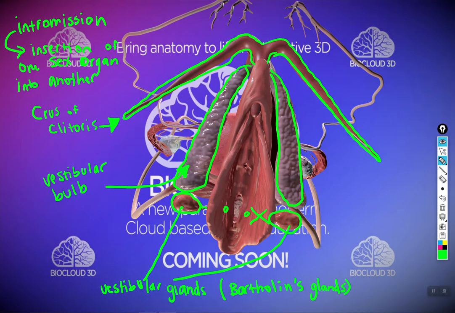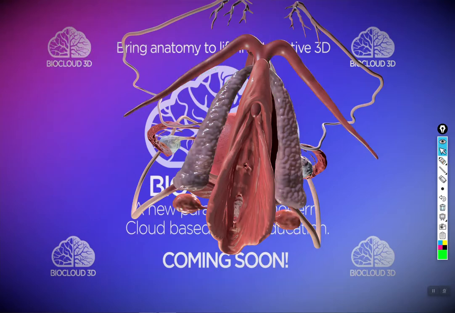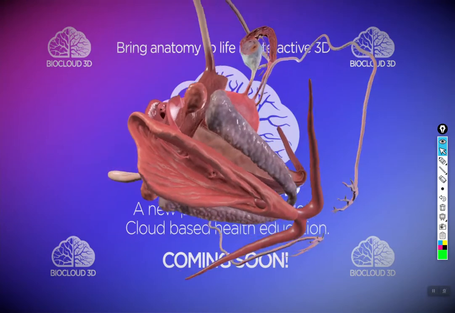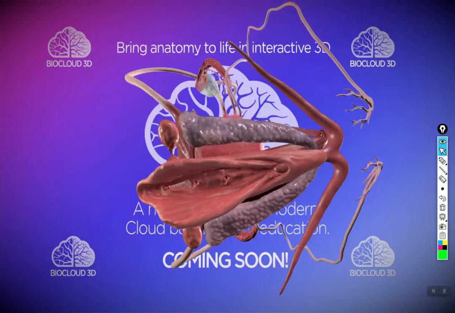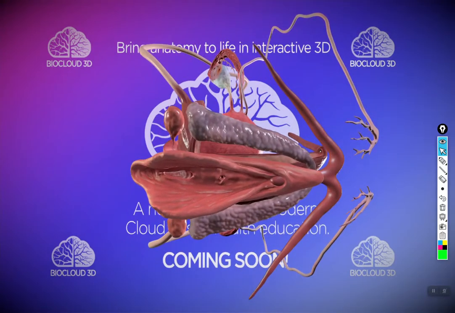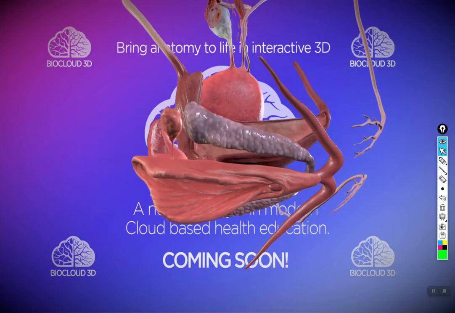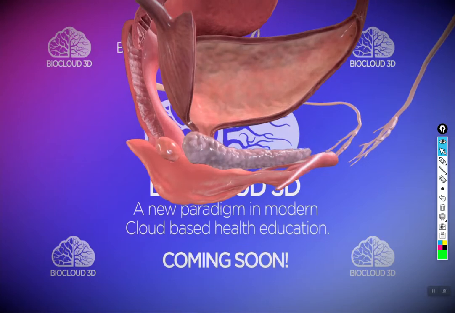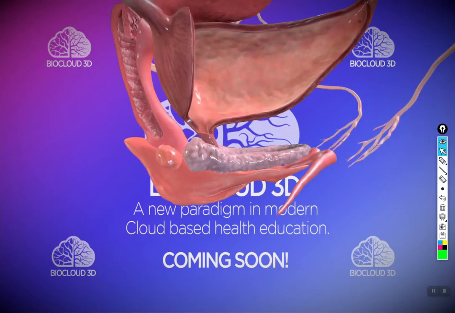Okay, so let's look at some more stuff. There's a lot going on here, as you can see. So I'm going to rotate this way. Whoa, that's a little bit too much. I guess I just need to go slow because this is a very jumpy model. Okay, gently, gently. Perfect. Okay, so now you can see this is the